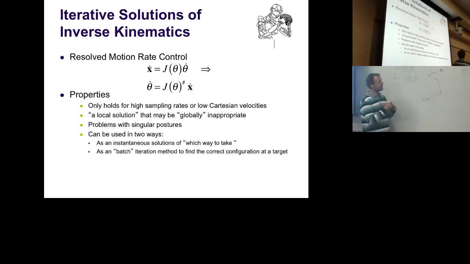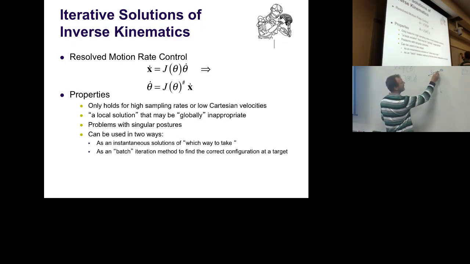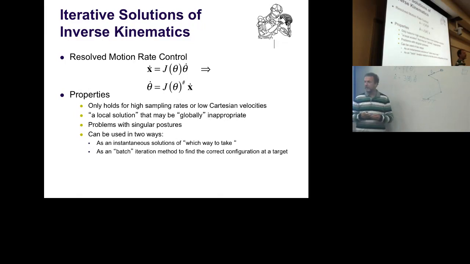But that already gets you the idea. So if I now chop this into little pieces and do tiny little steps, my Jacobian is roughly okay for every tiny little step, and I recompute the Jacobian and how to get there, and I can step towards it. And you can also think about this from a